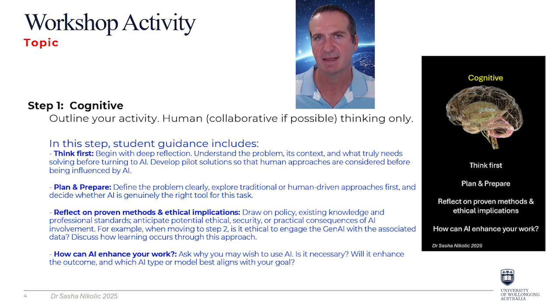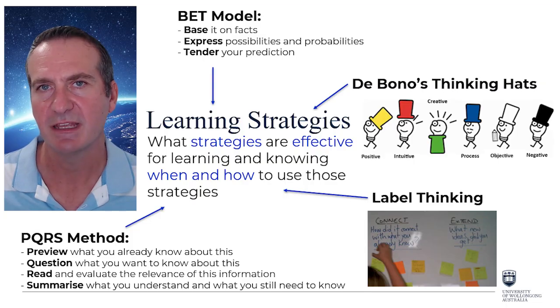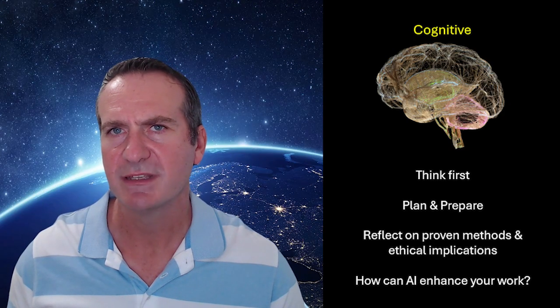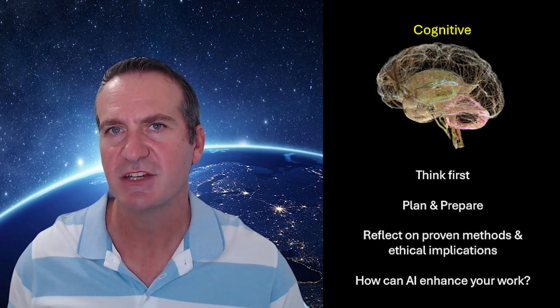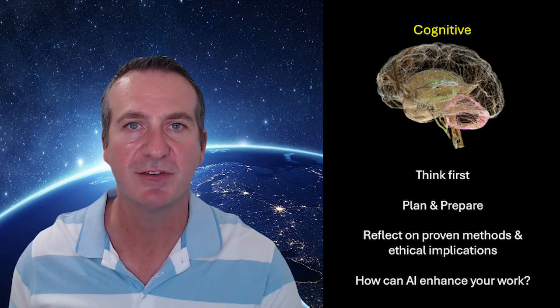Guide them through the steps to help them plan and prepare the processes required to solve the problem that you've given them. Where possible, guide them through traditional proven methods. For example, if the activity involves brainstorming, help students identify and recall different brainstorming strategies that you might have learnt about prior. Then you might want to start the conversation towards what happens if we want to use AI to